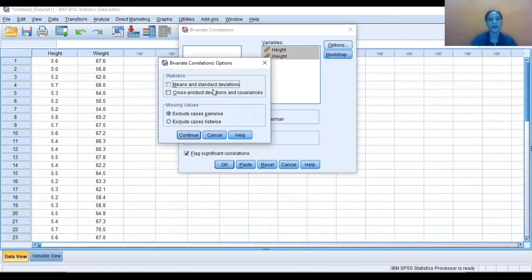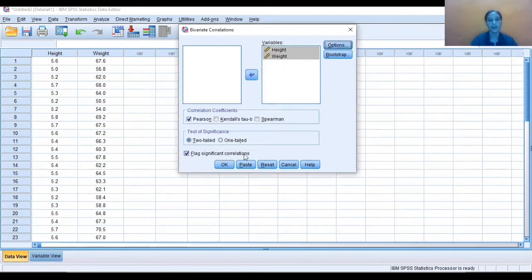If you want to find the mean and standard deviation of these two variables, you can select this. Then the cross-product deviations and the covariance, if you want to check those, you can select these two check boxes. But here we are only checking the correlation between these two variables, so I am not going to select these two. I am just pressing continue, and after that you need to just press OK.